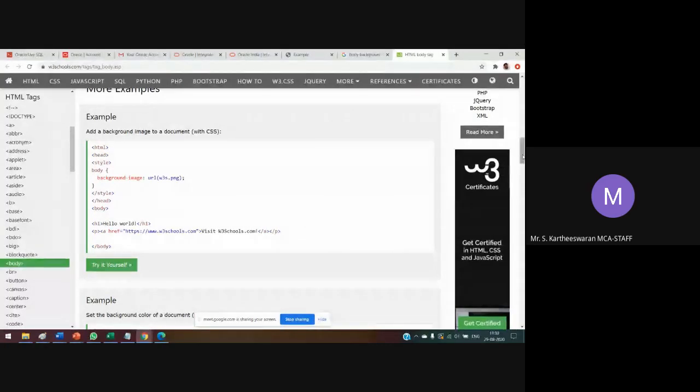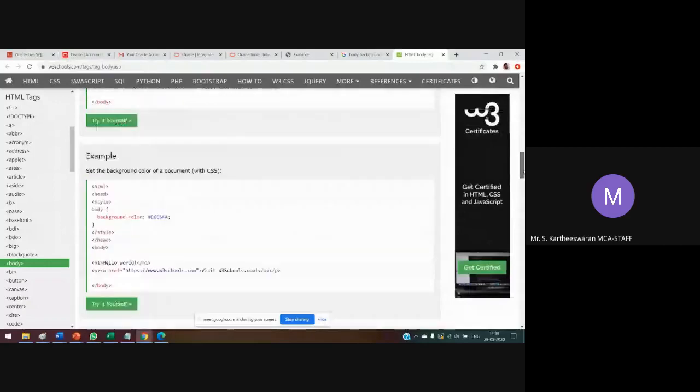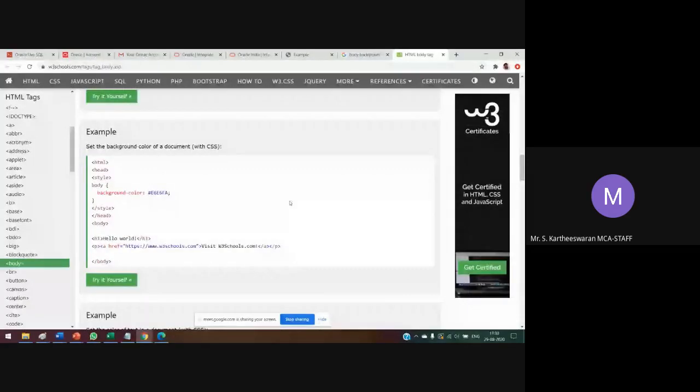What is the reason? Here the background color is specified in hexadecimal using CSS, cascading style sheets.